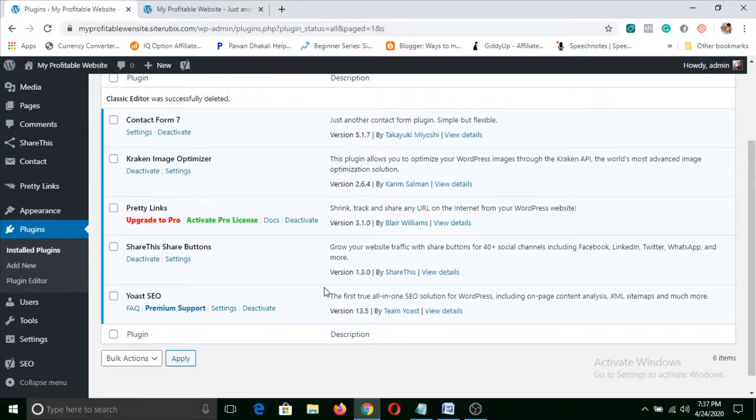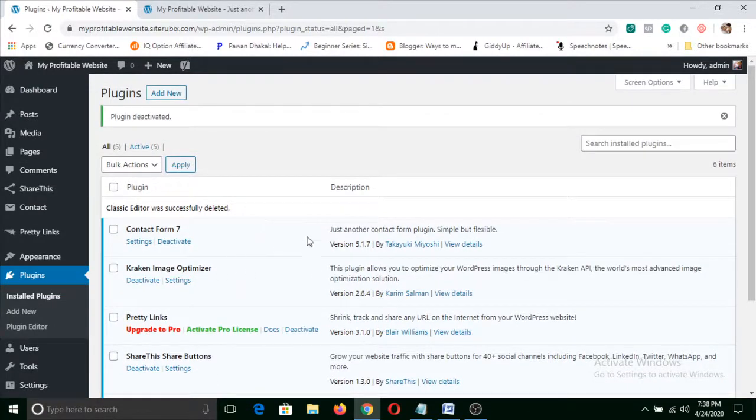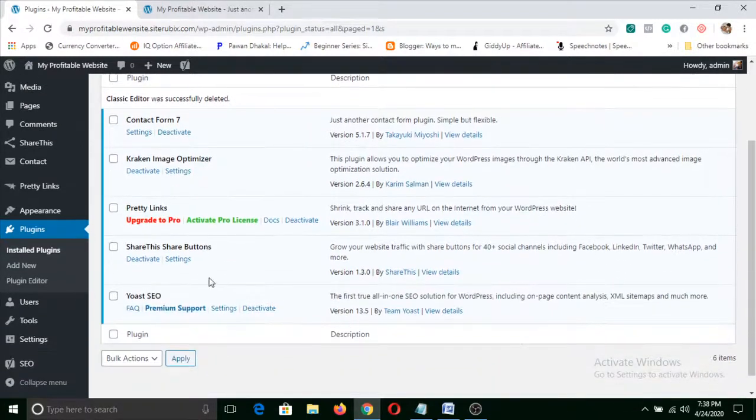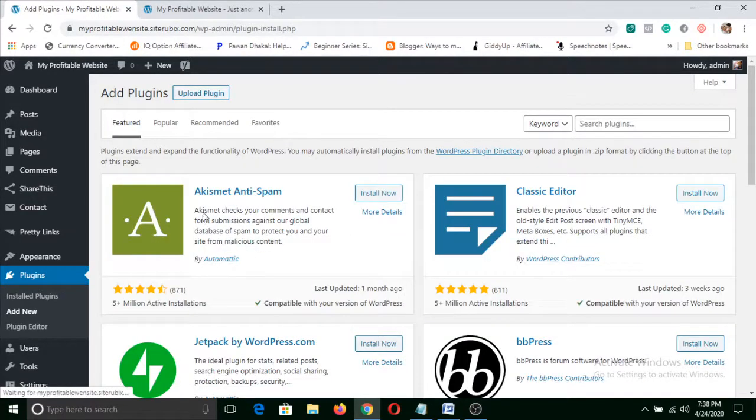I'll give the names of all of these plugins in the description below. You can watch that and install these plugins. Now I'll tell you how to install them. The total plugins you will be installing are 1, 2, 3, 4, 5 and one Classic Editor, that is 6. Now I'll install Classic Editor again, as I have recently deleted it.